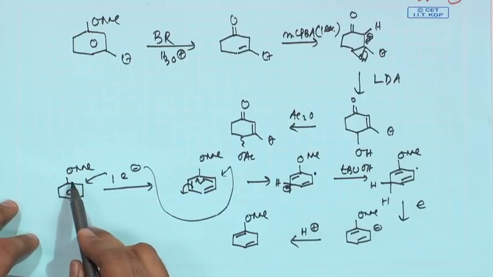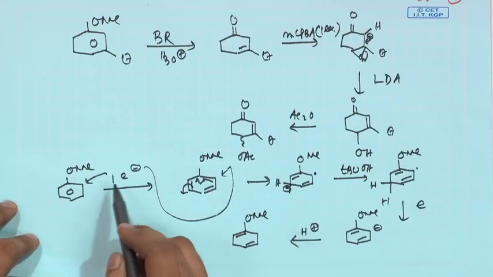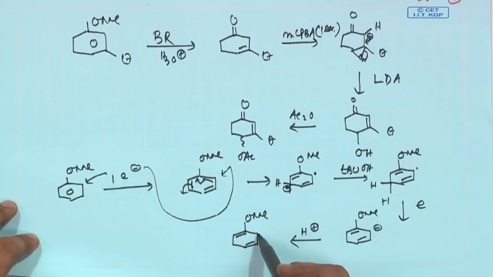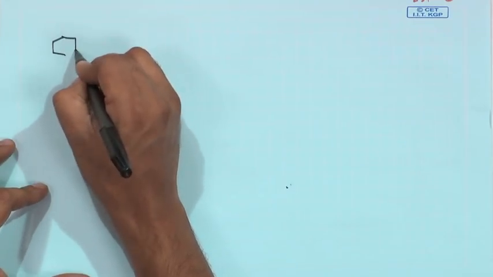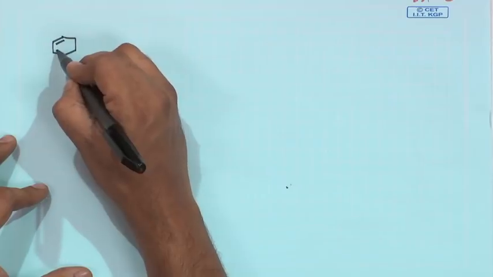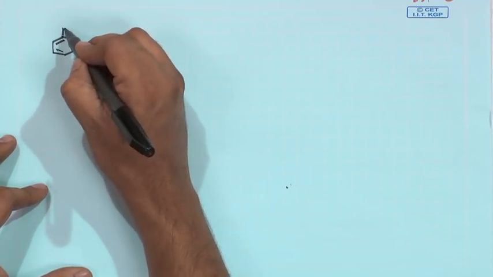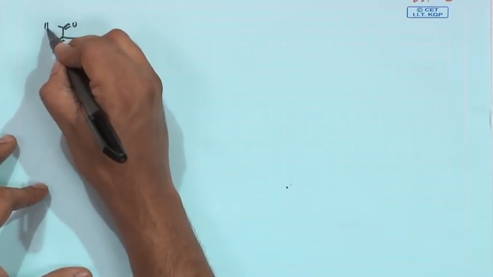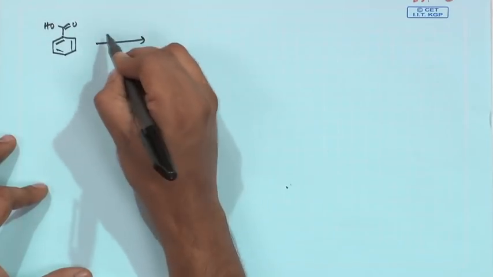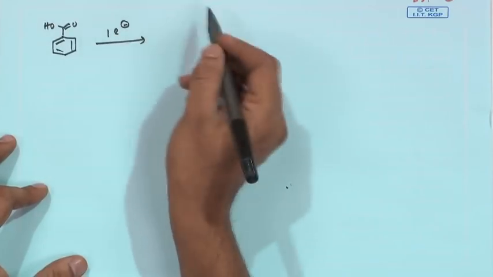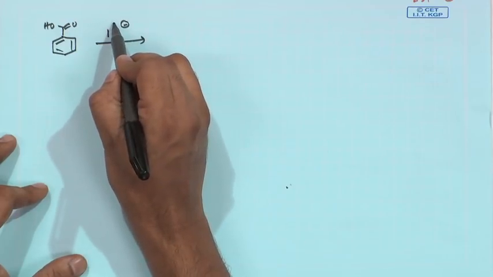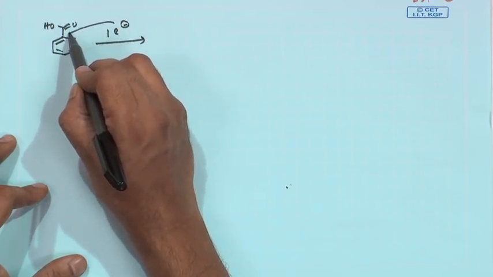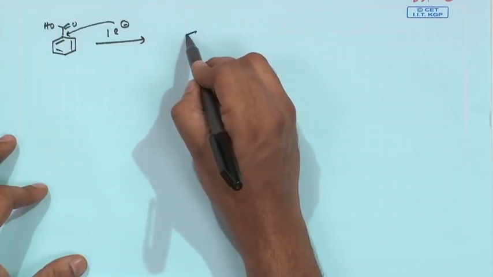So, if you have an electron releasing group, it always prefers the single electron attack to its ortho. Now, the next scenario, if you have an electron withdrawing group like CO2H, or carboxylic acid. Now, what happened? You are taking one electron which has been generated from this. This one electron is transferred to this ipso, because it is an electron withdrawing group, it can accept